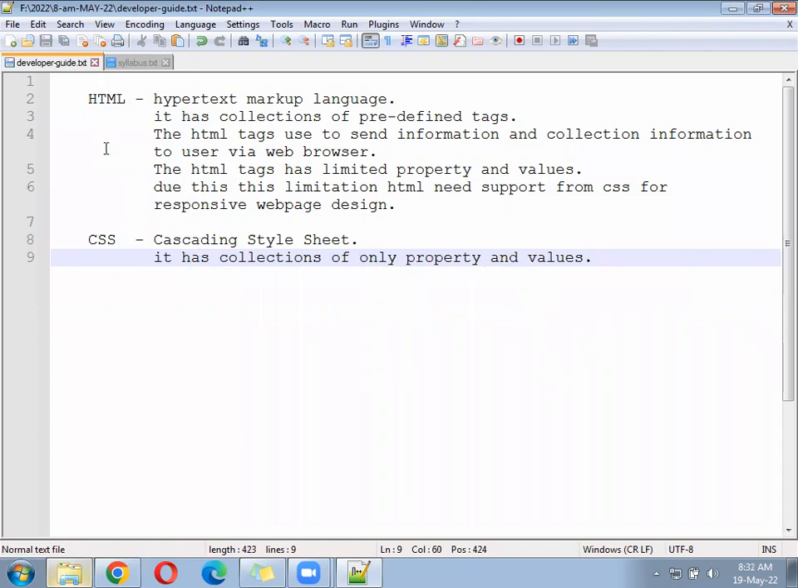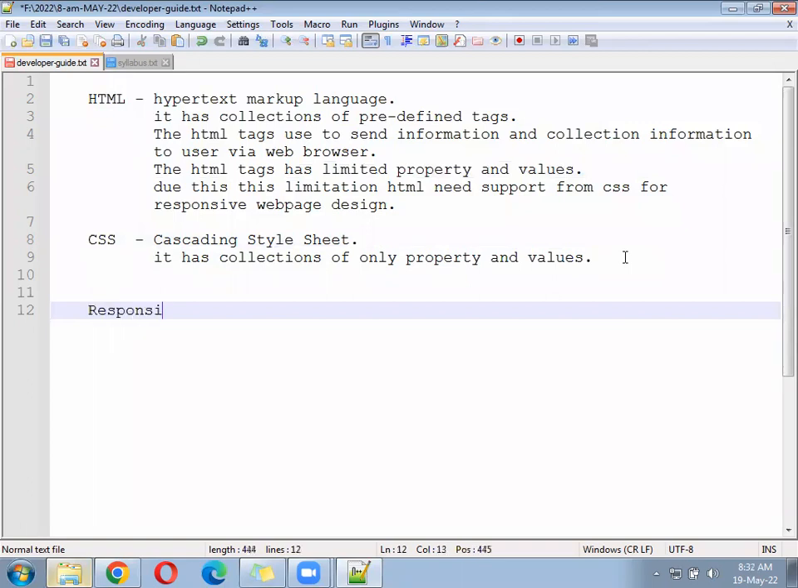But in HTML, what do we have? It has a collection of tags, but with limited properties and values. That means under HTML, property values are there, but they are limited. Under CSS, there is a lot of property values only. HTML tags are not available; tags are not there. So when you are designing a web page, how will you design? When you are creating a web page, how will you create? I'll write here: responsive web page